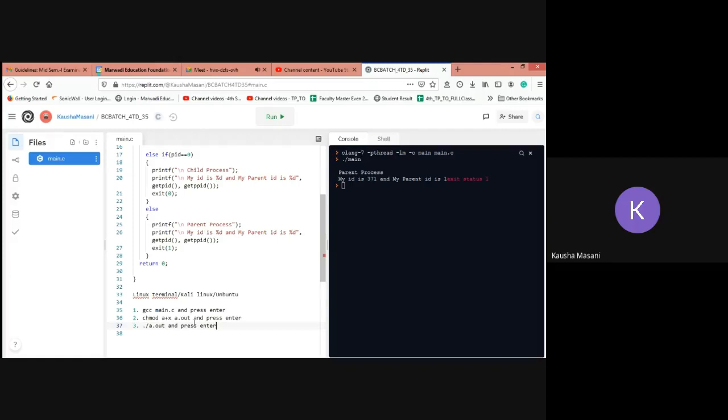So once again, all those who are going to keep the snapshot of their REPL for practical 35, you need to write these 3 statements. And for those who are using Ubuntu, Kali Linux or any other Linux terminal, you won't need to do that, because in the snapshot these. Am I clear? Yes or no?